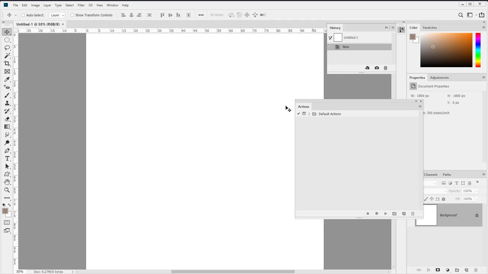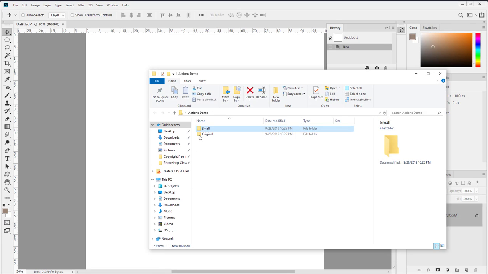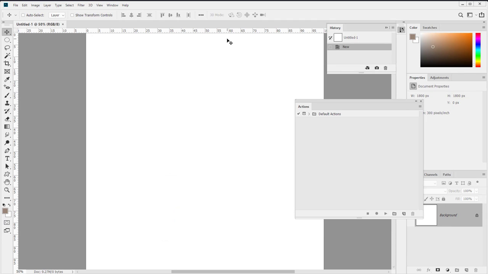And we're going to go ahead and resize it. But we're going to resize it as an action, or create an action as we resize it, I should say. Then we're going to do a batch process on this folder of images, Original, and resize them to smaller images. This is something that I've had to do a lot over the years, and so let me just show you